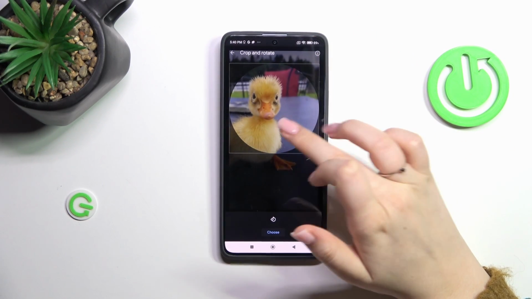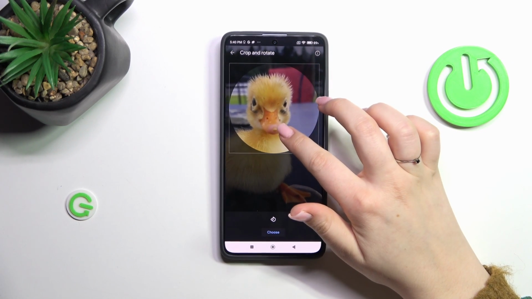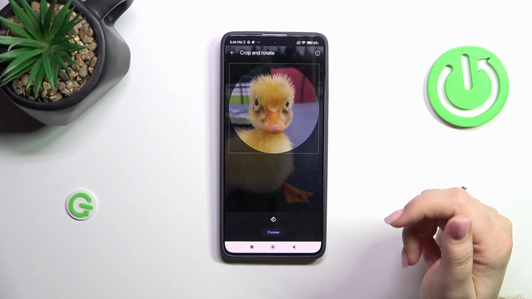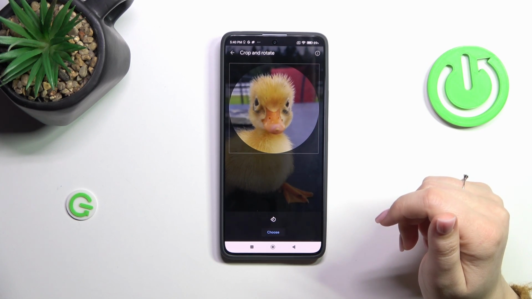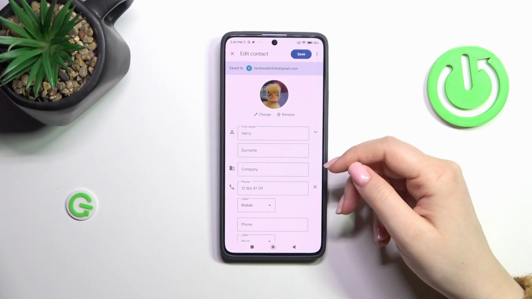And right now we can change the position of the photo, we can zoom it in or out, and thanks to this we can decide what we will see after saving the whole contact, because basically this highlighted circle is responsible for it. So if you're happy with your choice, just tap on choose, and the photo will appear right